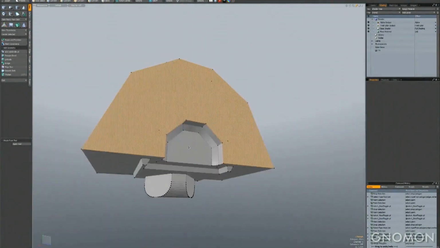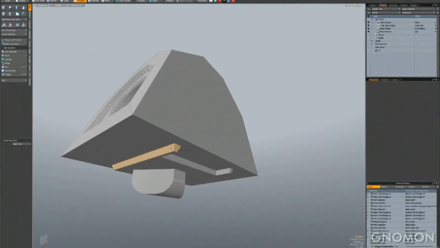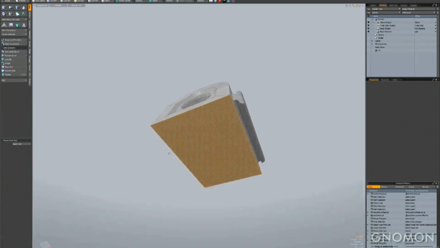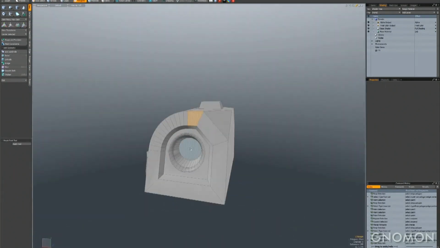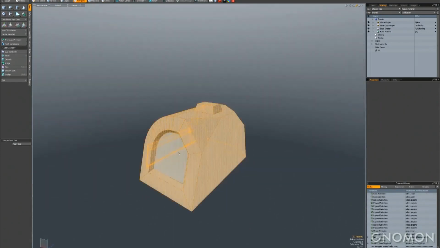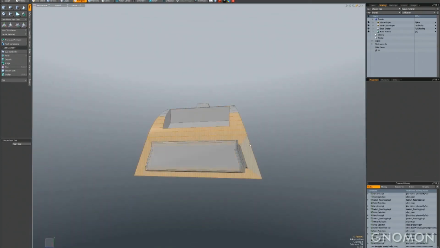So, you might traditionally think that it's hard to step back once you've done a bunch of Booleans and stuff, and now your geometry is unusable and you've got to start deleting stuff or starting over. But that's absolutely not true with Modo. In fact, I'm only using one tool here to completely obliterate all the geometry that I've added or subtracted onto this surface. So this is a really good way to step back through your mesh, change things, and not feel afraid to make cuts or changes or Booleans.